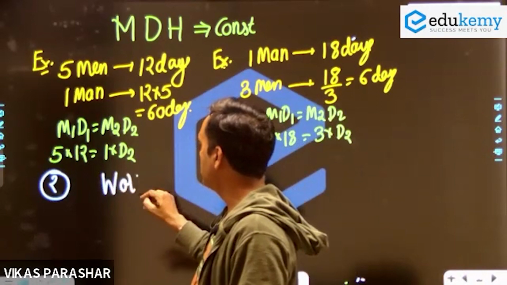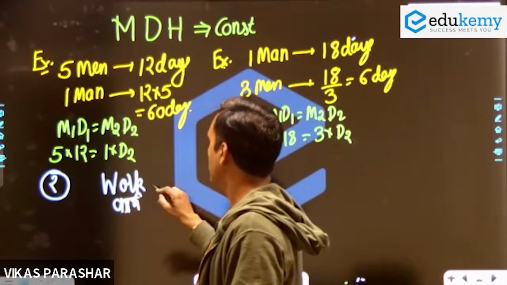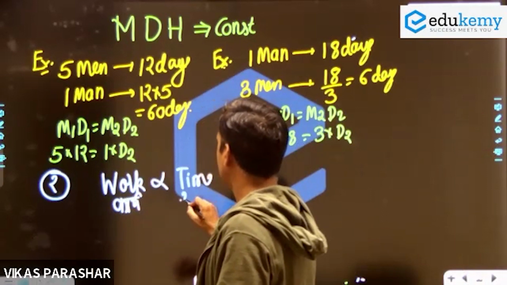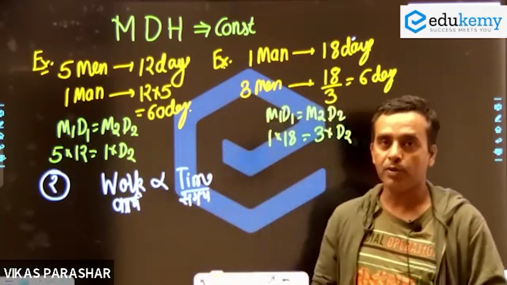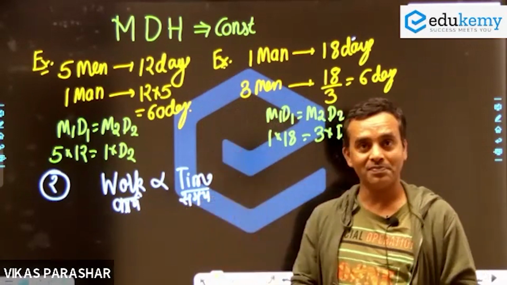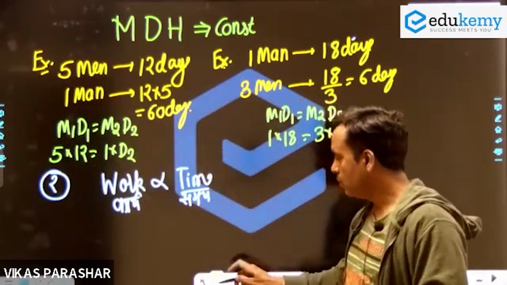Work या फिर कार्य, I am writing the Hindi also, proportional to time, समय के समानुपाती होता है. कार्य समय के समानुपाती होता है. Work proportional to time means more time more work, less time less work. वो तो सीधी सी बात है. So I am writing here